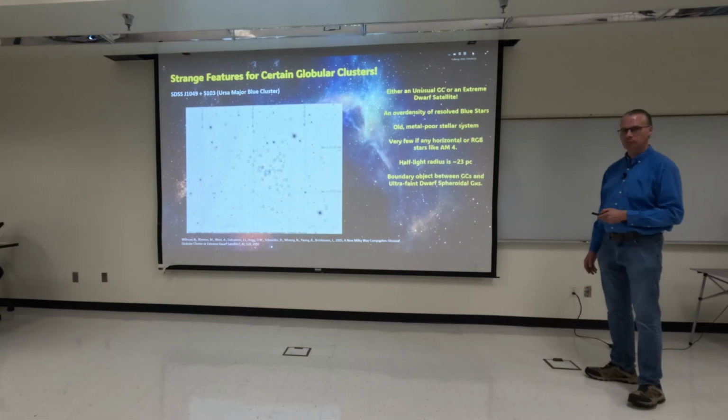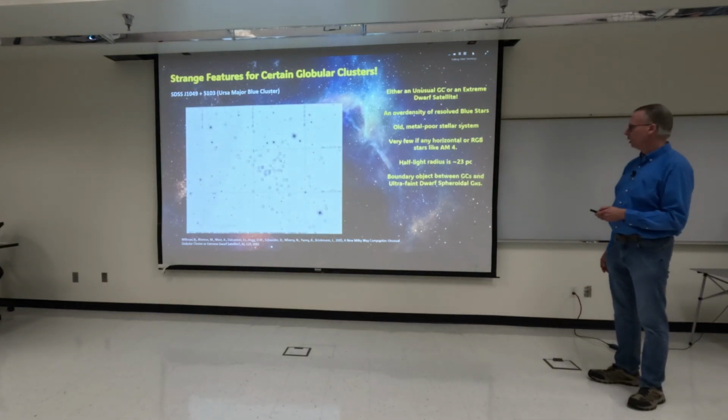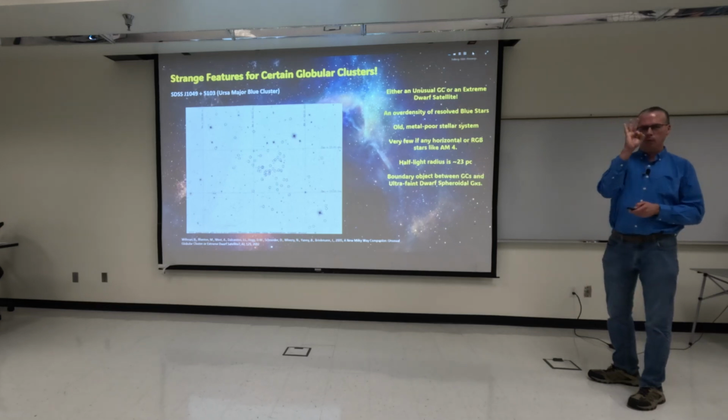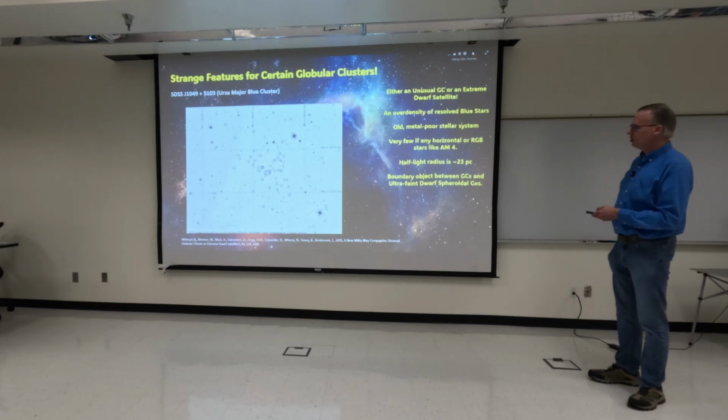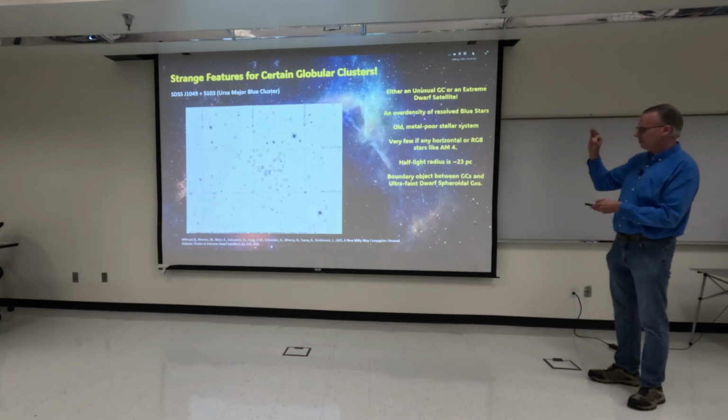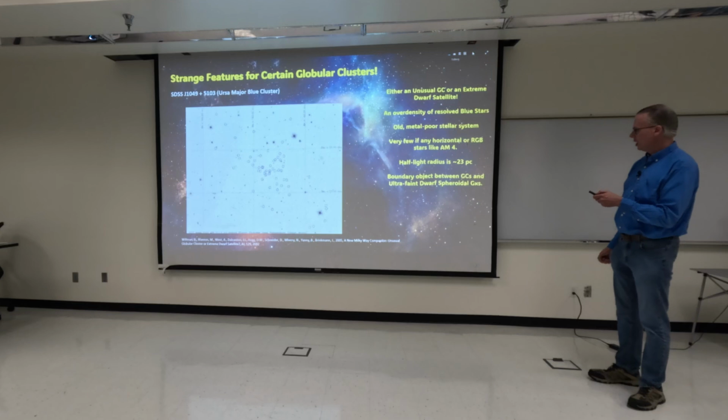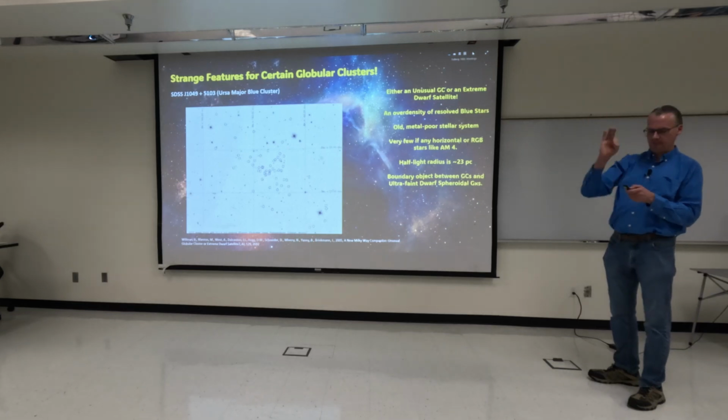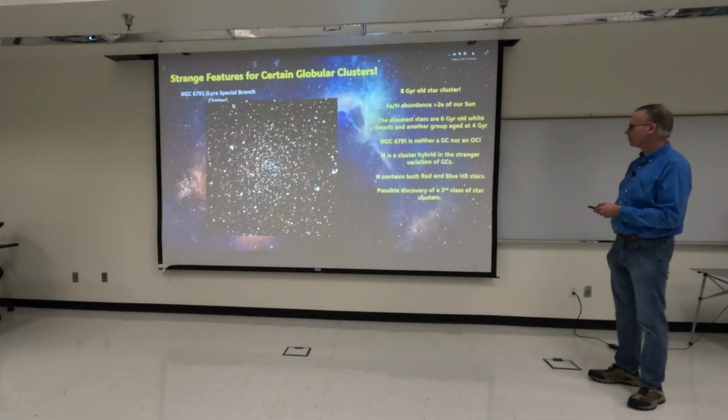So what is a resolved blue star? Well, it means being able to pick out the stars as a point of light, whereas with unresolved stars, they can detect these stars but just don't have enough resolution to pick them out. They can detect the light and look at the spectra and see, oh, it's a blue star. And from the spectra, they get that Planck maximum to look at the surface temperature.